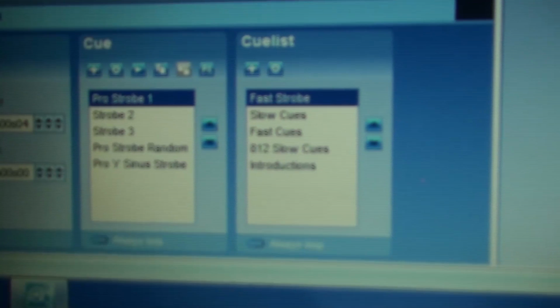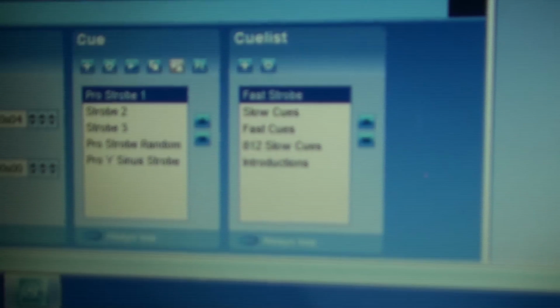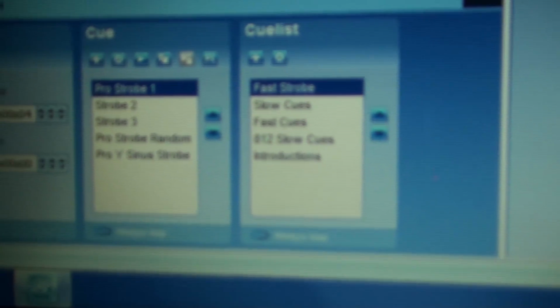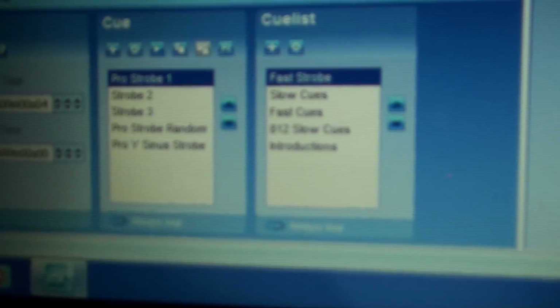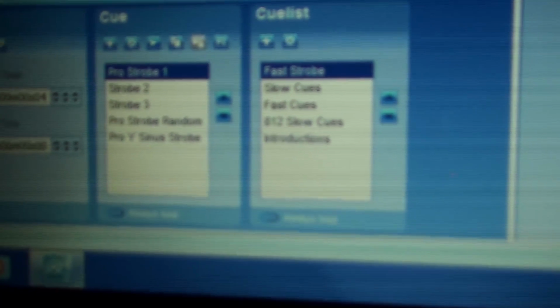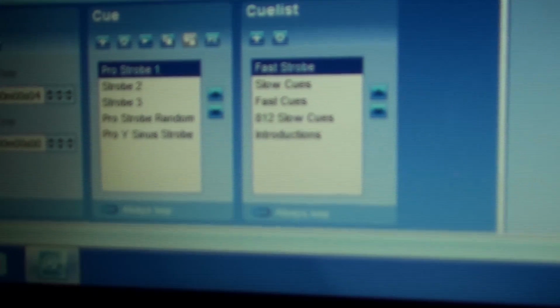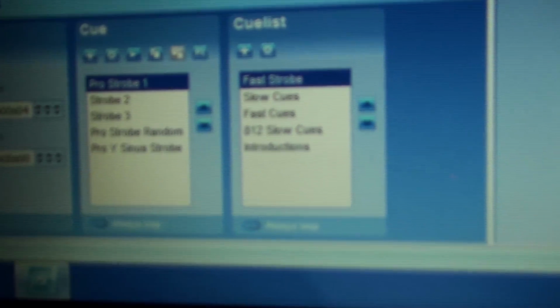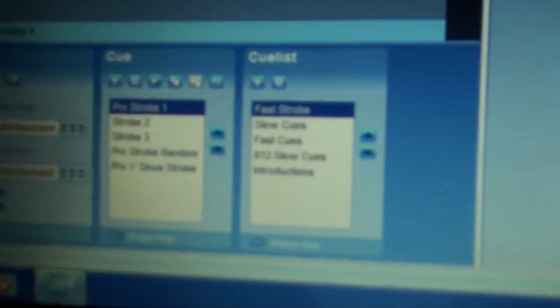There on my cue list, you can see I've got fast strobe, slow cues, fast cues, 8/12 slow cues, and something called introductions. So basically the way I've separated that out is by a combination of some cues that have programming for two different fixtures and some cues that have programming for separate fixtures, like the 8/12 slow cues. Those are all going to be cues for the Martin 8/12s. So if I go and look at the live screen now,